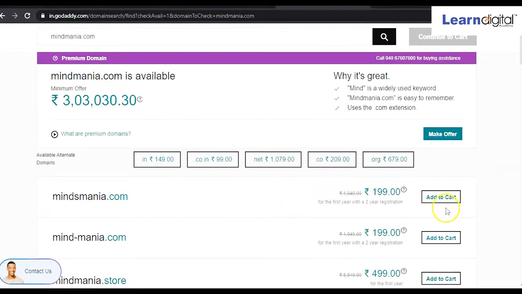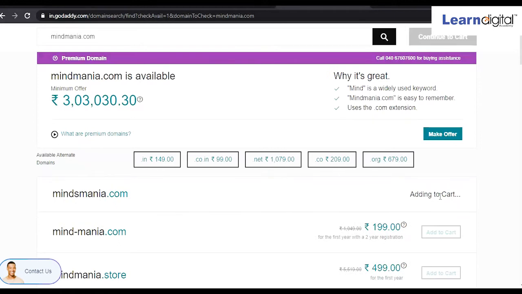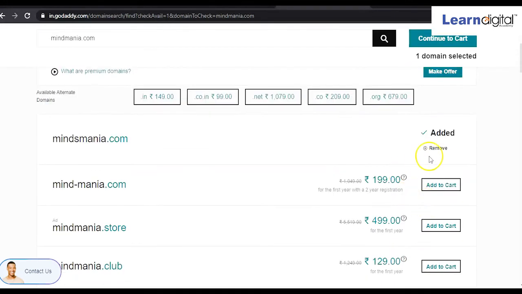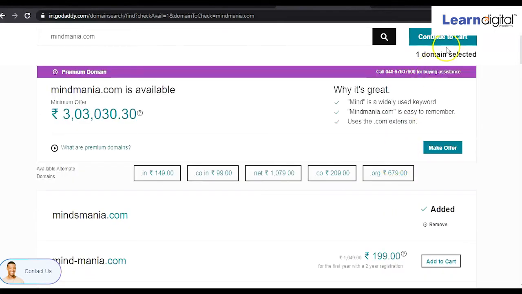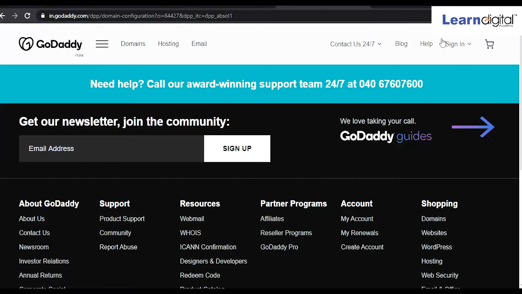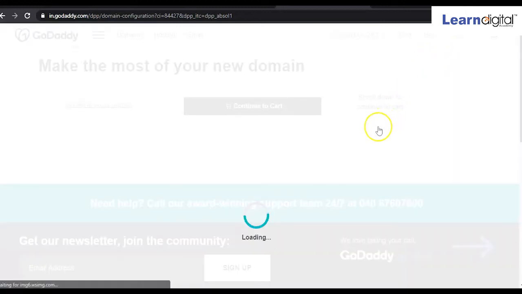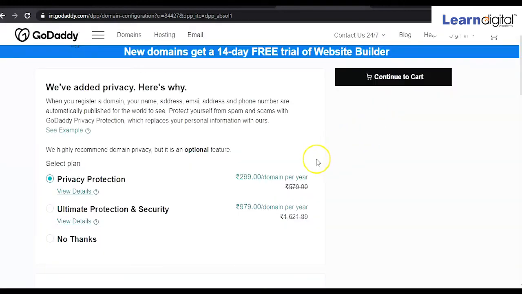So suppose you want to take this one, click on add to cart, right? After clicking on add to cart, click on continue to cart. Then again it will ask you to create your account, or if you already have an account, log in with that account, right?